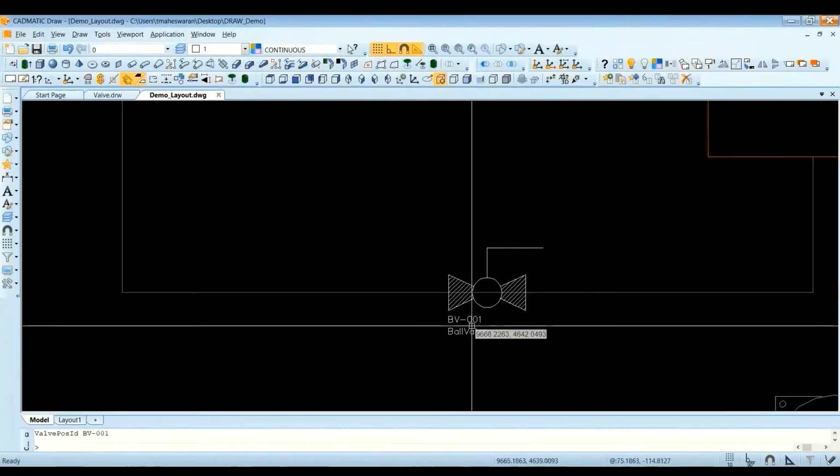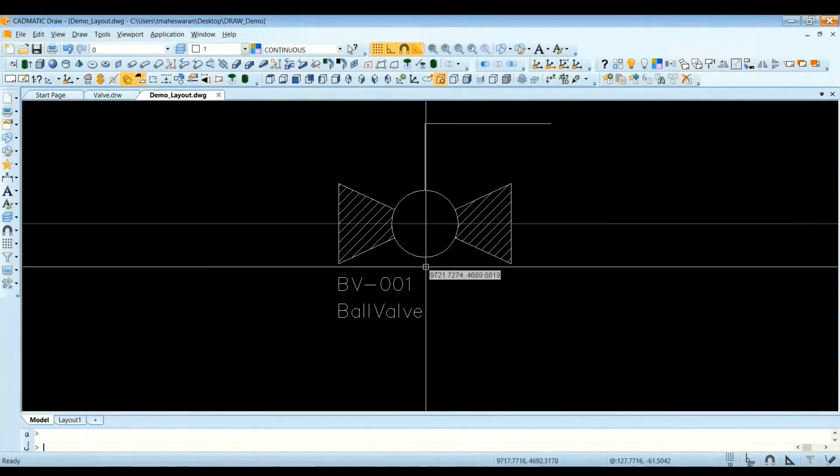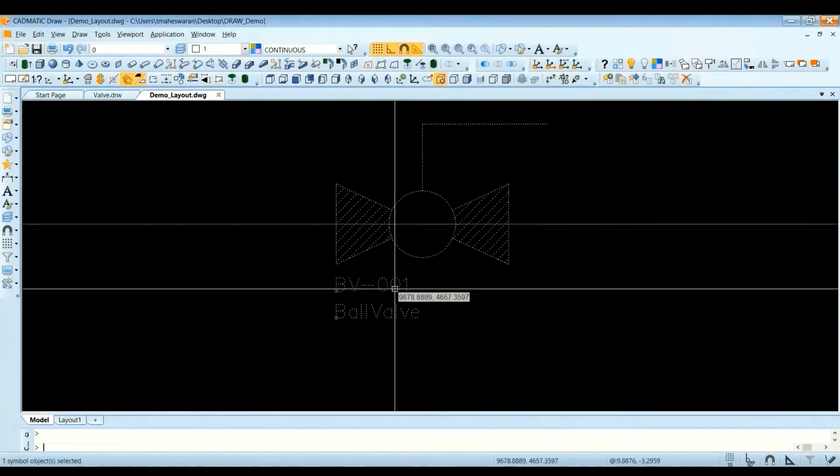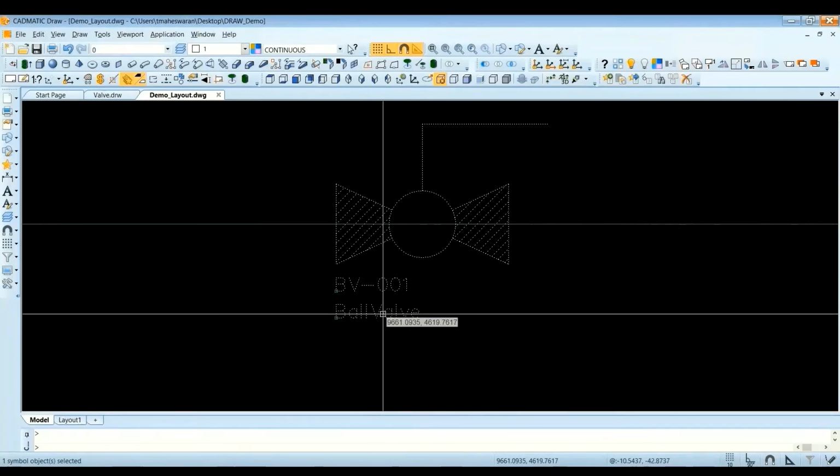Enter. Now see, the moment I place the symbol, the position ID and the valve name are automatically displayed in the drawing sheet. This is the advantage of creating the symbol and adding intelligent attributes to it. The symbol creation is one-time work, and you also need not create from scratch. Whatever symbol you already have in DWG format, you can import and save it as a .drw file, and just add the attribute information you want. Later the symbol becomes intelligent and you can get the output in this way.